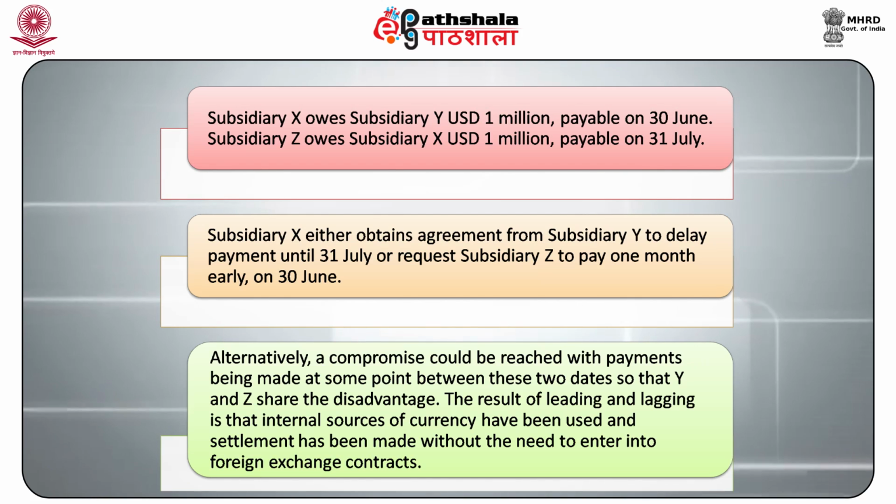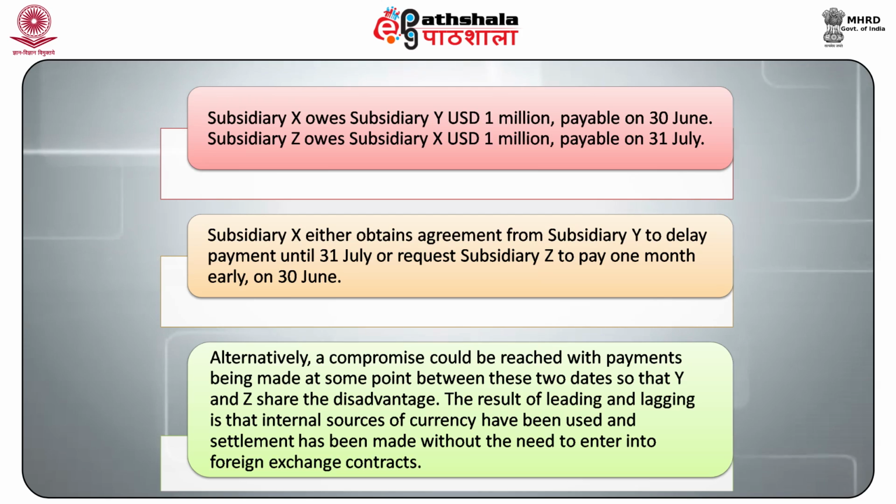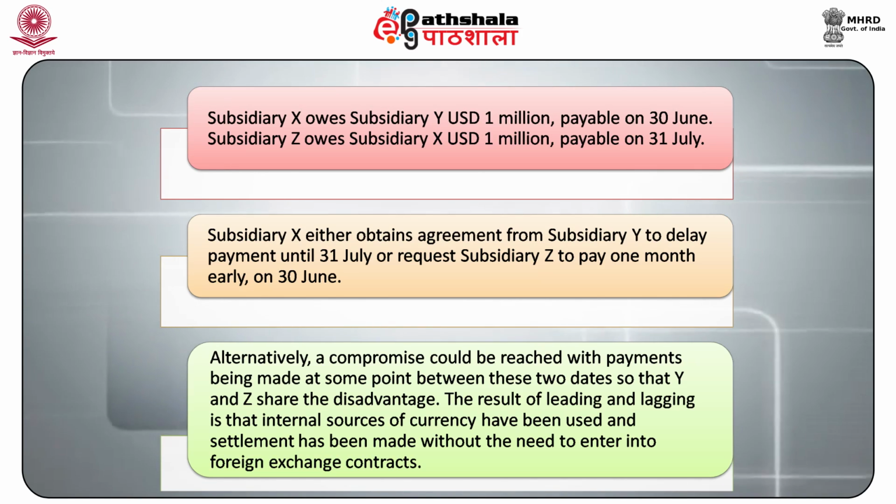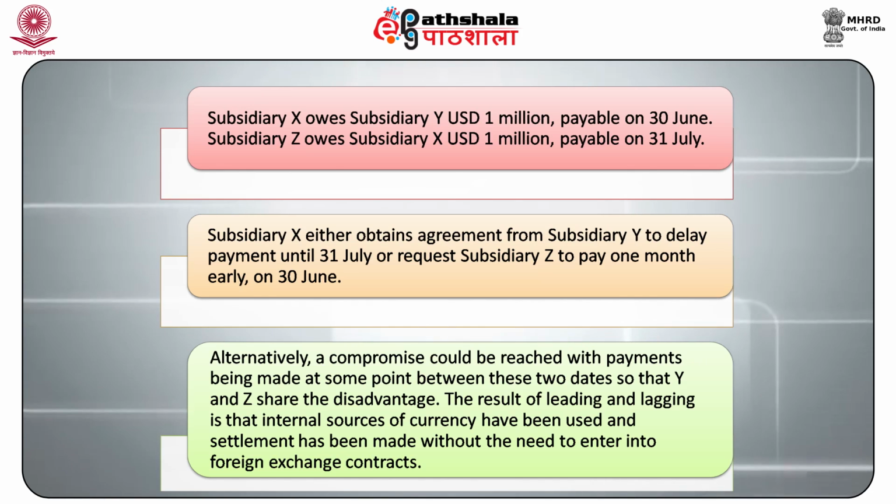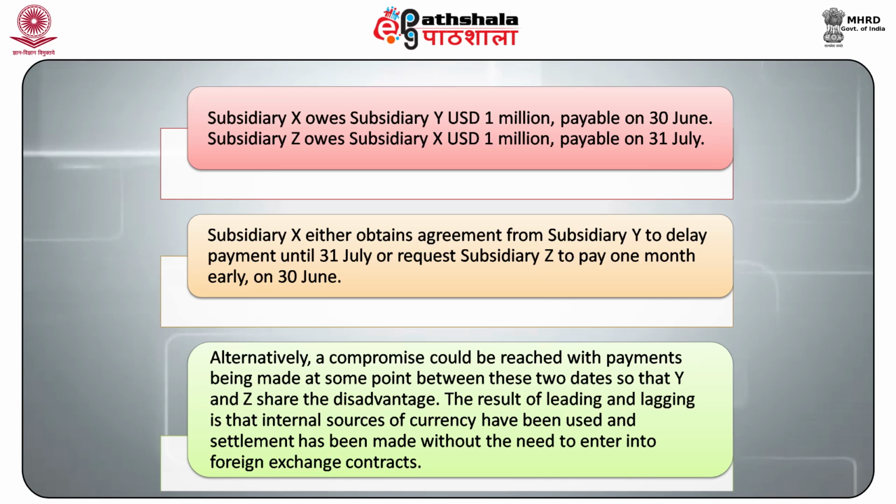Alternatively, a compromise could be reached with payments being made at some point between these two dates so that Y and Z share the disadvantage. The result of leading and lagging is that internal sources of currency have been used and settlement has been made without the need to enter into